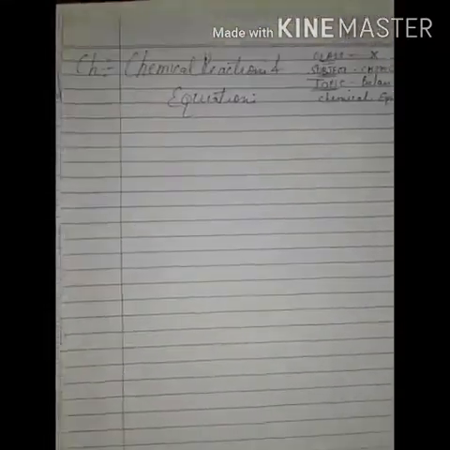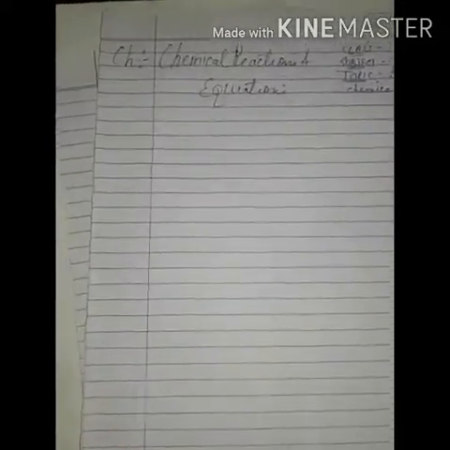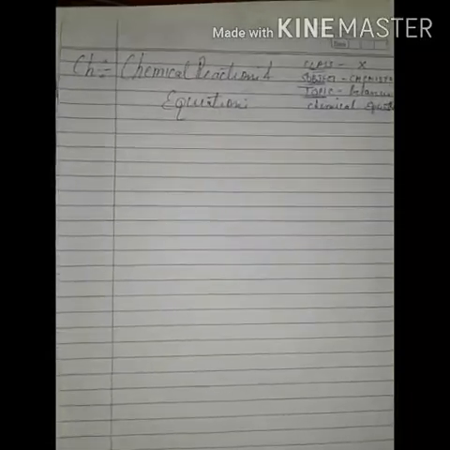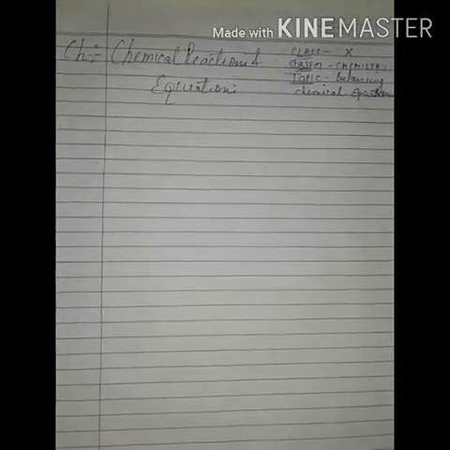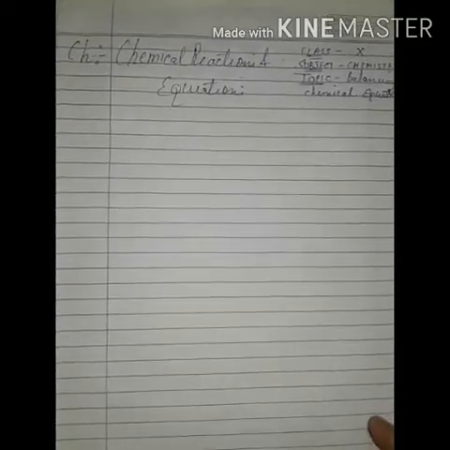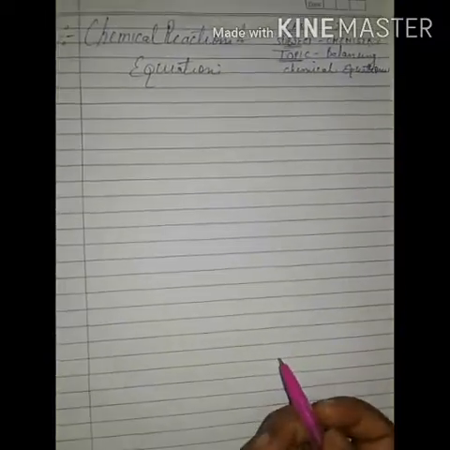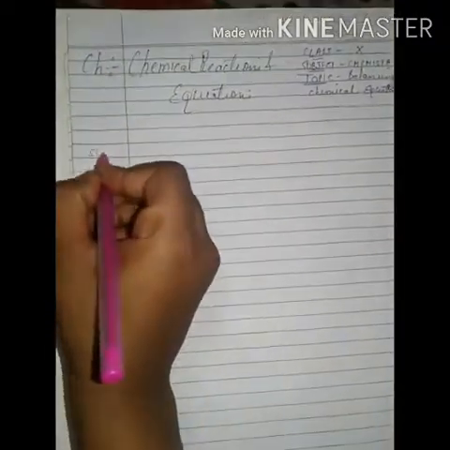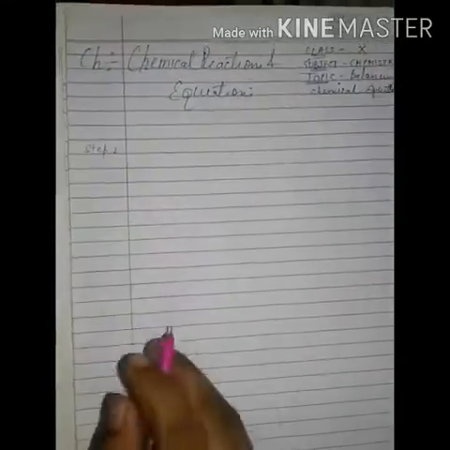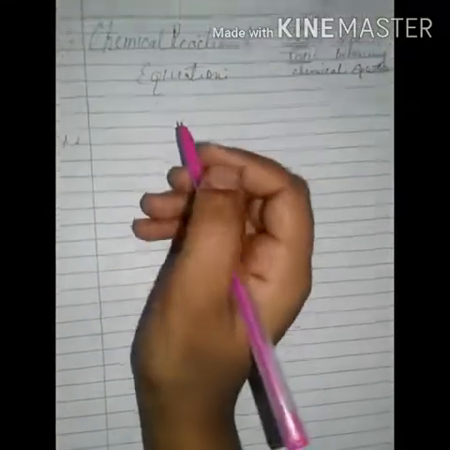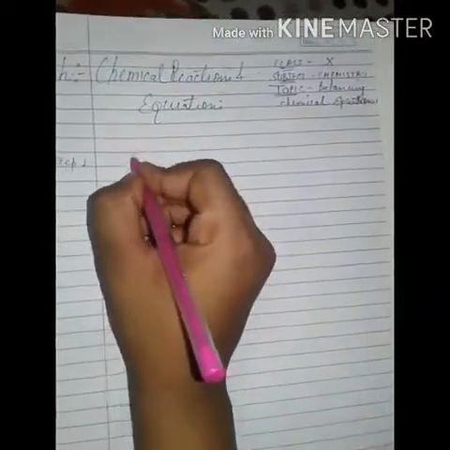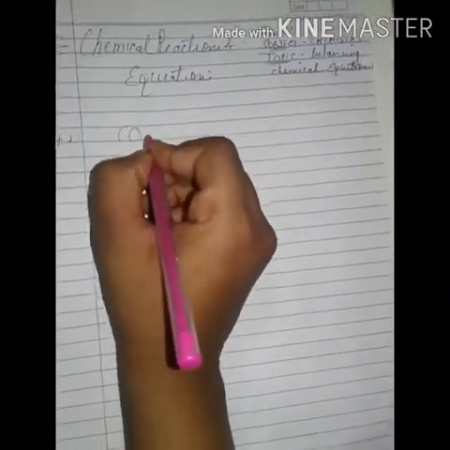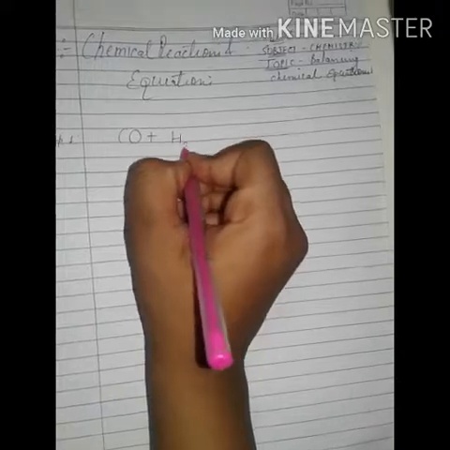To cover this topic we have certain steps and rules which we need to follow. By following these rules we can balance any chemical equation. So let us start with an example. The very first step is step number 1. In step number 1, suppose I am taking one skeleton equation of carbon monoxide reacting with hydrogen gas